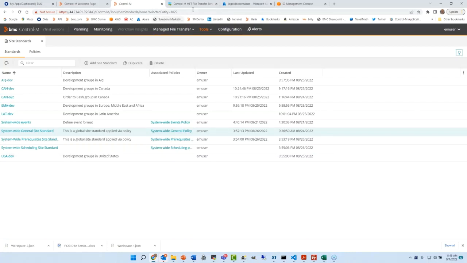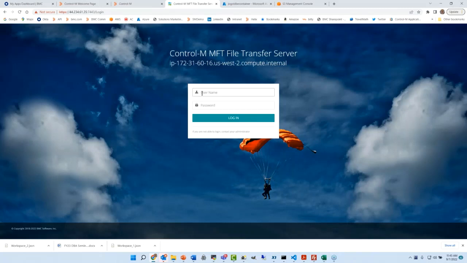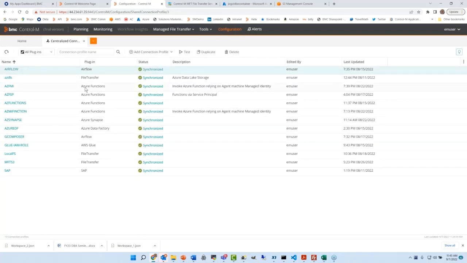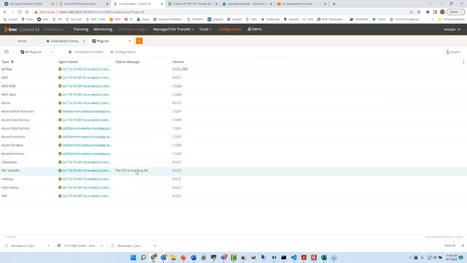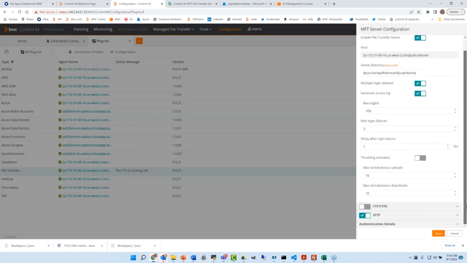One last thing I just want to touch on: I showed you this file transfer capability, but you want to be able to control that as well. You don't want just anyone to be able to perform file transfers in this kind of mechanism. And so here too, you can configure what we call the allowed and blocked users. If you were to look at the file transfer server, for example, this is the one I have here. If I look at configuration, I can choose to specify which users I want to allow and which I don't